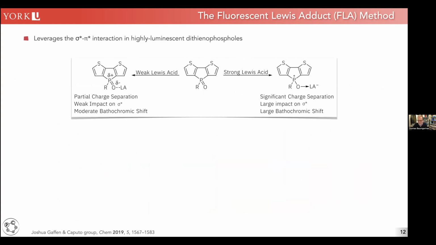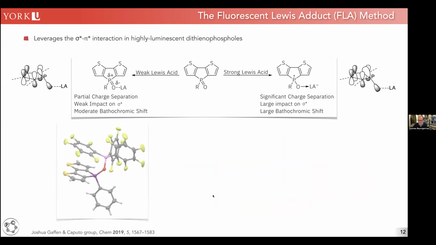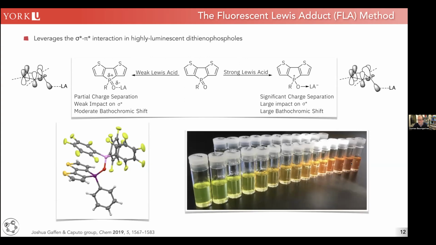Yeah. So basically, let me just quickly summarize this here. We need an excess of Lewis acid to make sure that in the Lewis acid binding, we only have one fluorescent species in there, or the 100% coordinated species, let's put it this way, in the solution. So we usually have an excess there. Eventually, the color won't change, and that's basically the color of the adduct that we're measuring. So those are the two things we need. We need no Lewis acid coordination, and we need something that's 100% Lewis acid coordination.